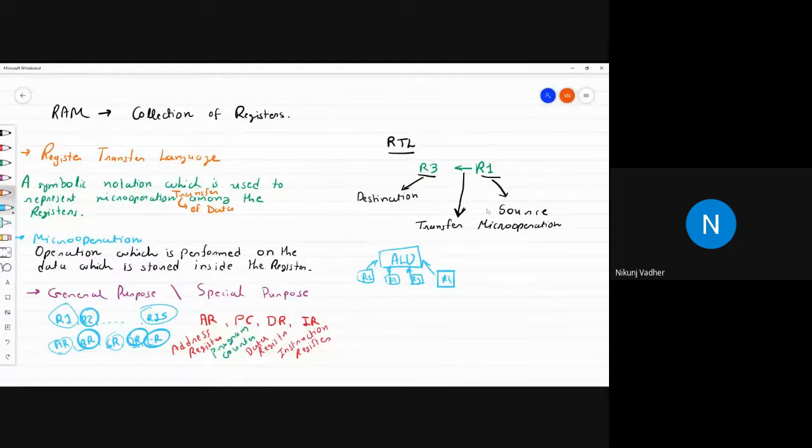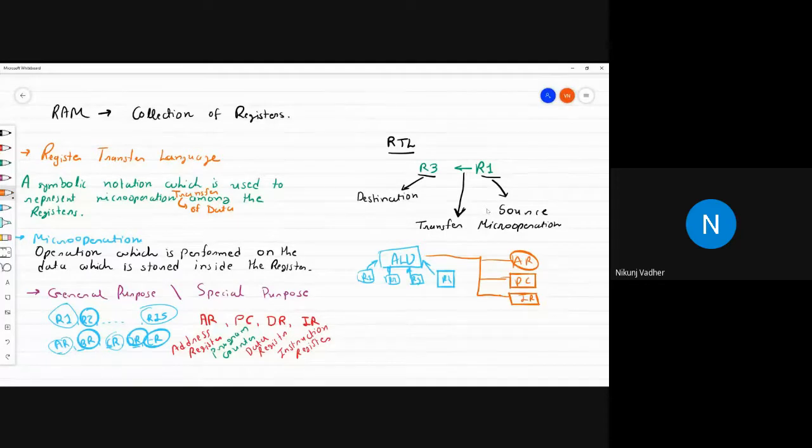And these special purpose registers, like AR, PC, IR, are connected to the ALU via a bus, which we will study in upcoming time. That is the common bus system.